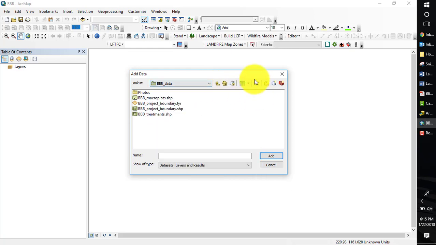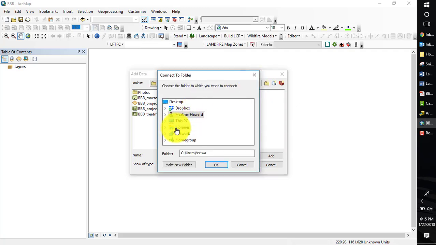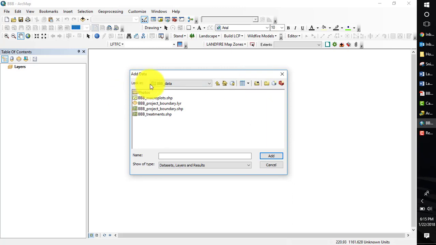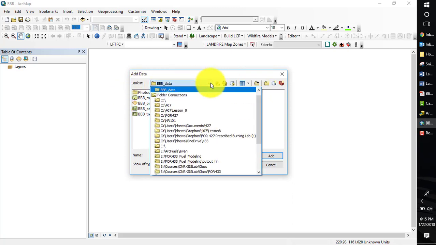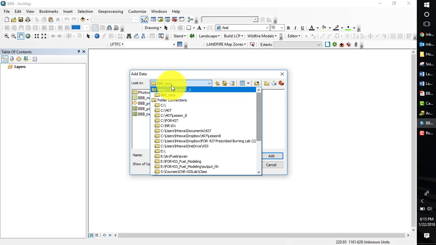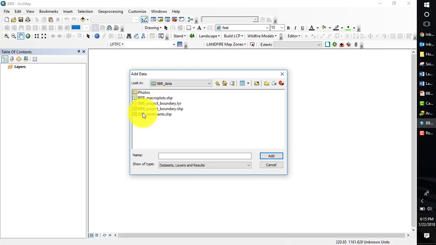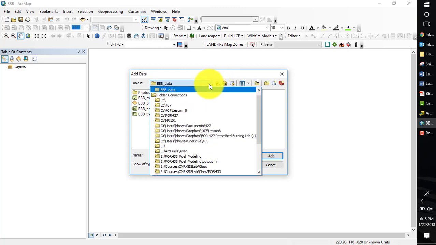Now just to remind you, if you aren't connected to the proper folder, you need to do this connection. Locate the folder you want to connect to, and that will bring it into your look-in drop-down list. So I have my folder here in Lesson 3, BBB data,